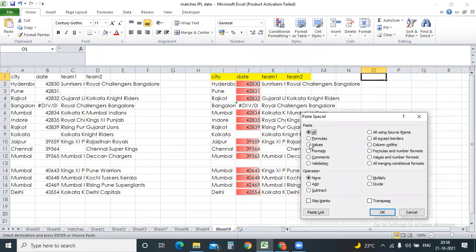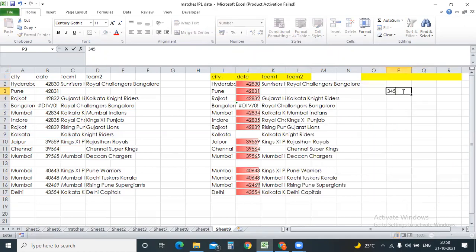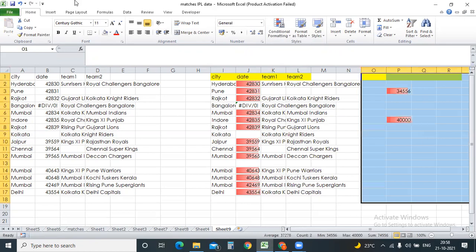Now you can do everything, it will be there. If you only want to copy the formulas or formats, you can just get the formats. See, I just got the formats. I haven't got any values, but when I put the values over here, you can see the difference. Automatically the formatting, whatever I have used over here, has been copied over to the next level. These are the multiple ways of copying. This is one of the important things which you should be aware of.